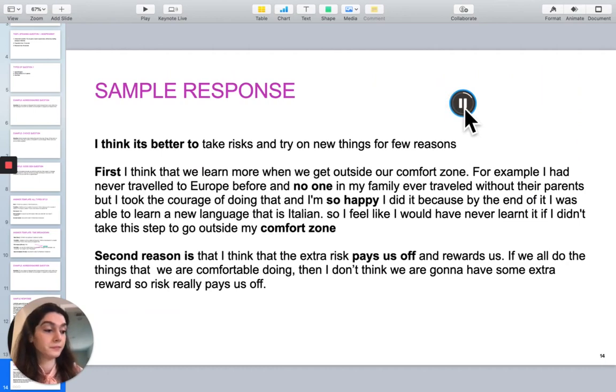I think that we learn more when we get outside our comfort zone. For example, I had never traveled to Europe before, and no one in my family ever traveled without their parents, but I took the courage of doing that, and I'm so happy I did it, because